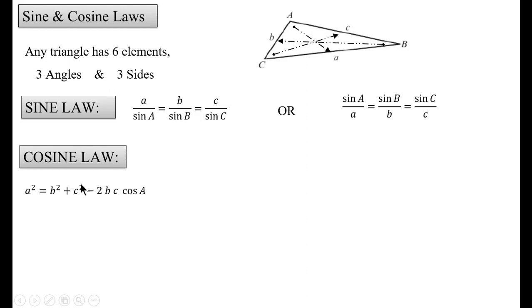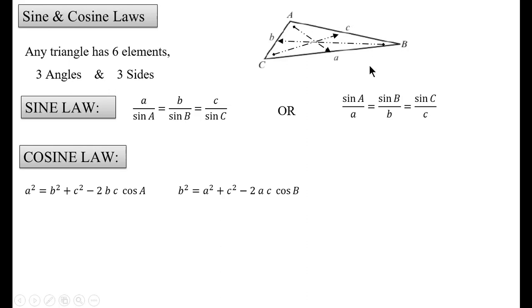And you must know that this is a general case. If A is a right angle, cosine A will be 0 and all this quantity will be 0, and the remaining part will be exactly Pythagoras theorem. Also, if we want to know the rule such that b is the subject, we can say b squared here is equal to a squared plus c squared, the sum of squares of two other sides, and then minus 2ac cosine